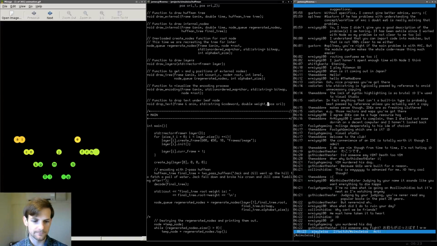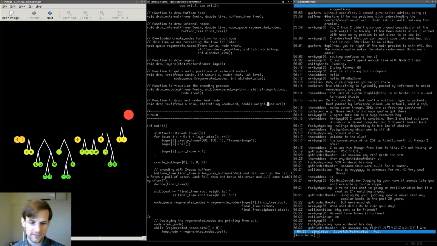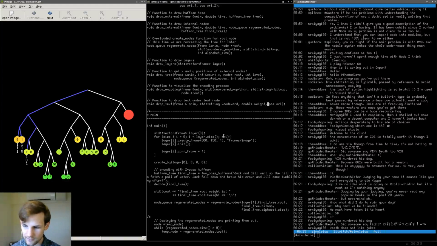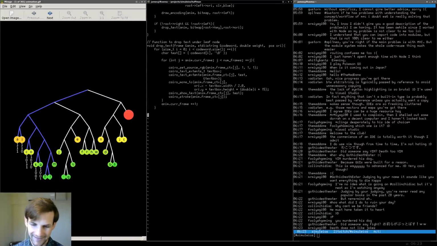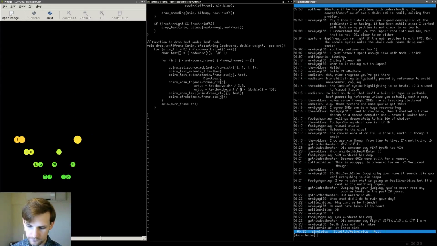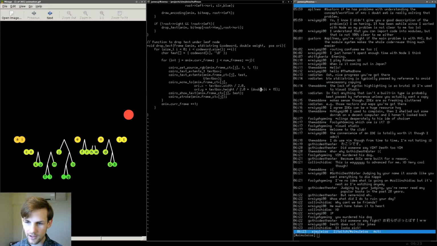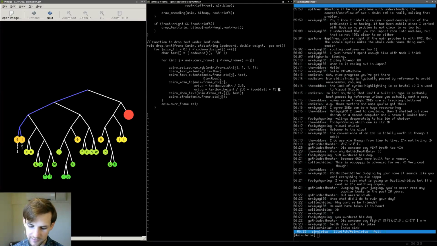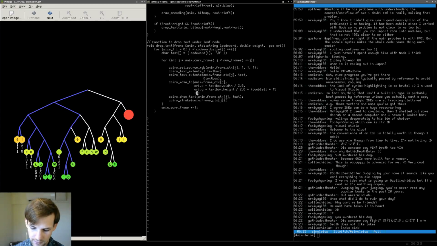Okay, position origin. We have a couple more things left to do, but it's turning out okay. Down to the bottom. Okay, so now how are we going to modify this? So let's change it to text.height divided by 2.0 plus double I. And then we're going to add an additional offset. And this offset is going to be equal to plus, and you're going to notice this from before, 10 plus weight